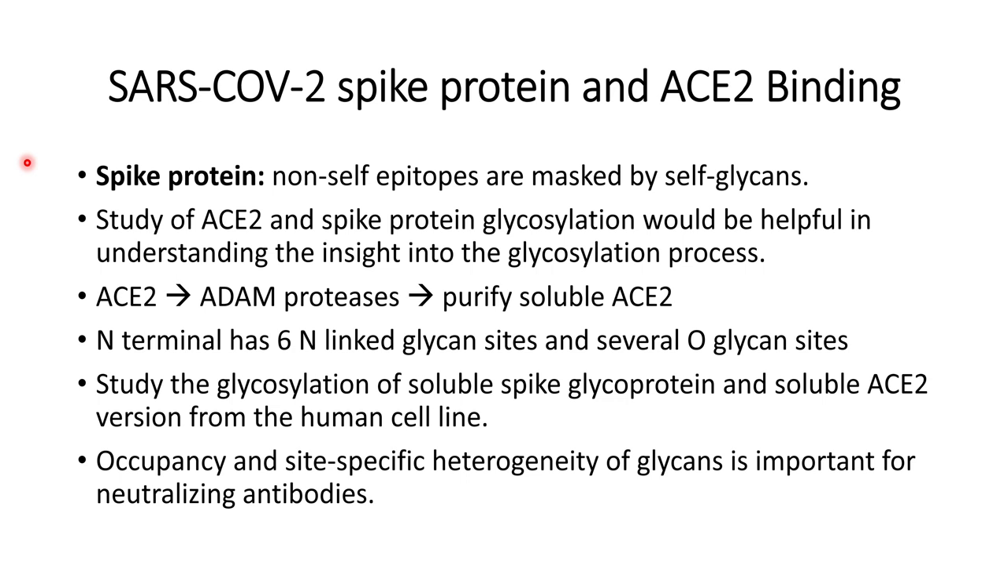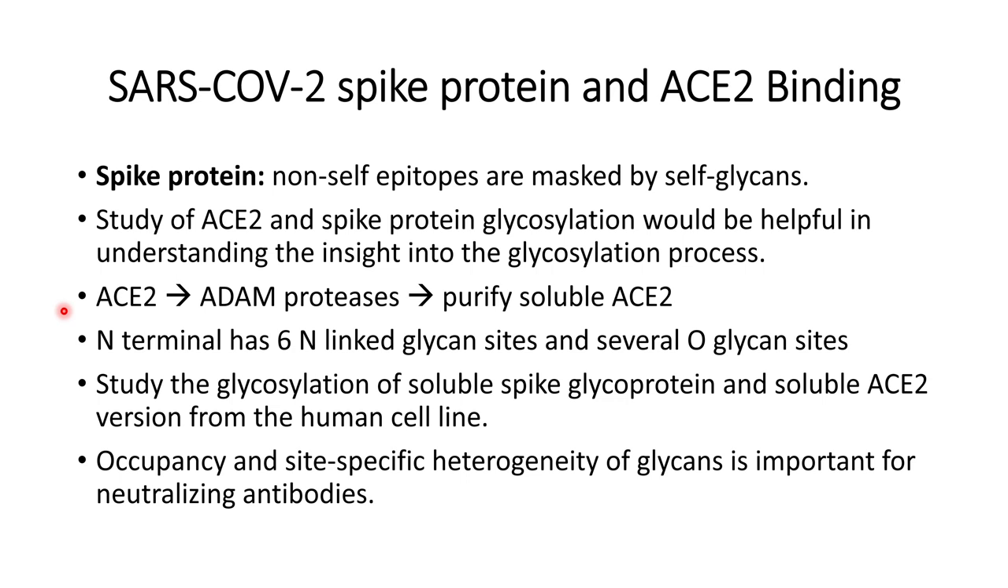The main thing that people have understood is that the non-self epitopes present on the SARS-CoV-2 spike protein are masked by self-glycans, as SARS-CoV-2 also has a glycan structure similar to humans, even though 95% of this SARS-CoV-2 sequence matched with the SARS-CoV virus present in the bat. So, in order to understand